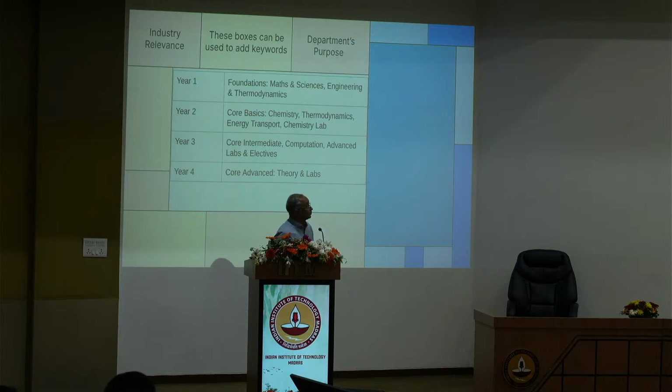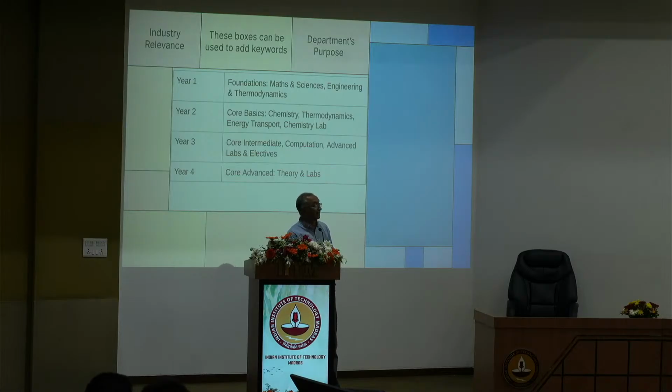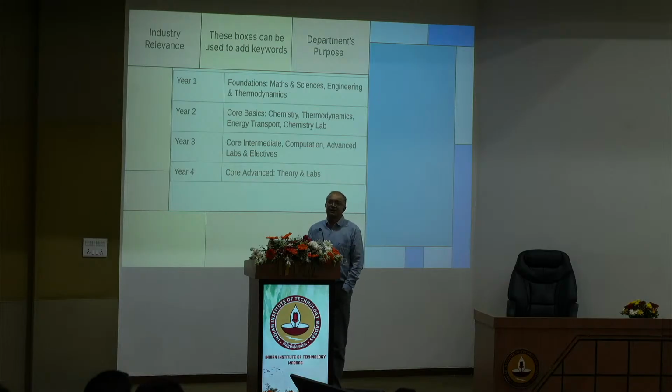And so the second year, therefore, looks at energy, fluid mechanics, and thermodynamics, and then year 3 is where we start getting into design aspects and more computational work, and many of the labs are also there. And then finally, the 4th year either contains electives, which are from various different branches of chemical engineering, or we can also do a project.